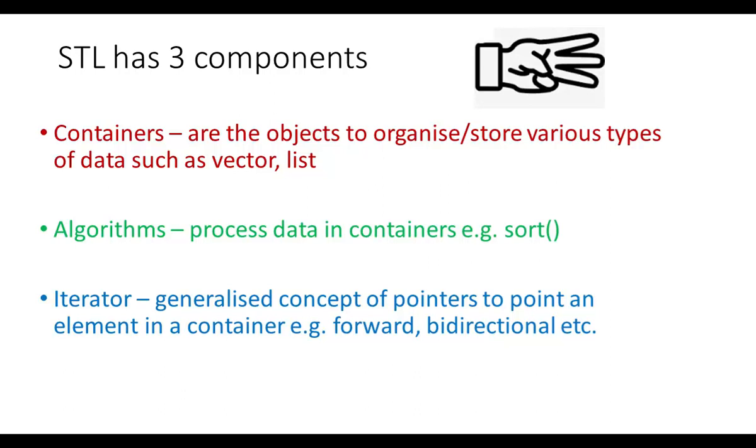So STL has three components. First one is containers. Now what are containers? Containers are the objects to organize or store various types of data such as vector, list, it can be array, it can be queue, deque. So you may say that the basic STL is contained in containers. But some algorithms can be applied on containers. Like if we want to sort an array, we can directly apply sort function. That sort function will be